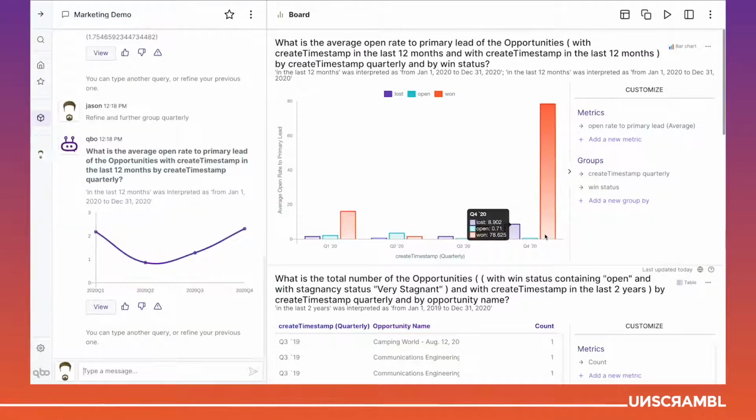Here we see that when opportunities are won, often the emails are opened at a rate of almost 80 times, whereas for the lost and open ones, it's much lower. It's an interesting fact that when an opportunity is won, an email is opened about 80 times on average. That gives a sense of what to aim for in terms of